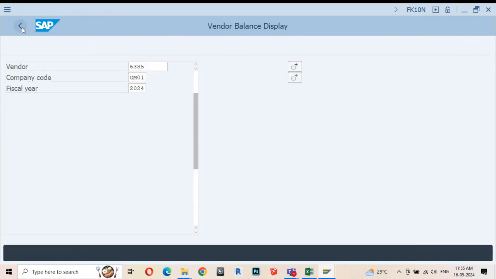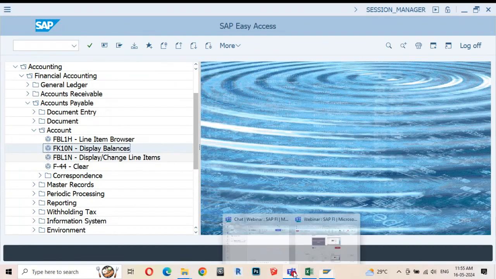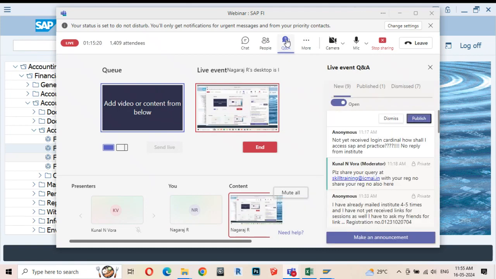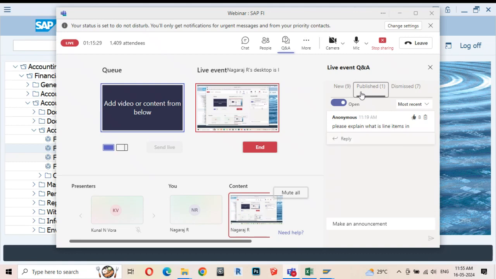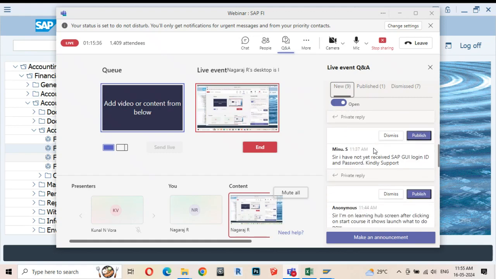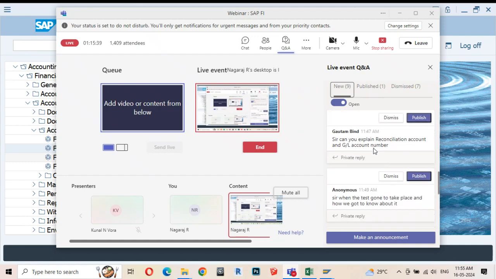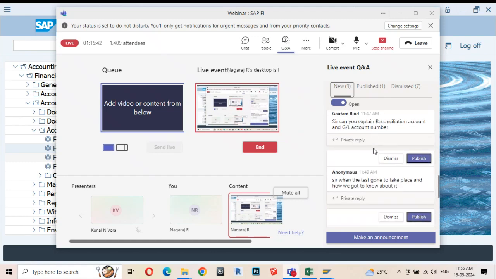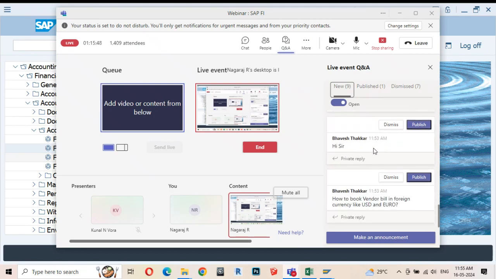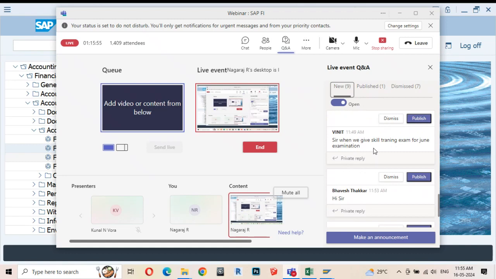Now, any questions? Okay, how to book a vendor bill in foreign currency? Okay,